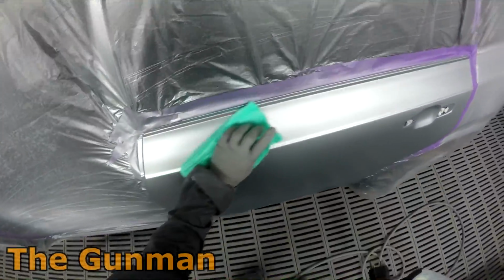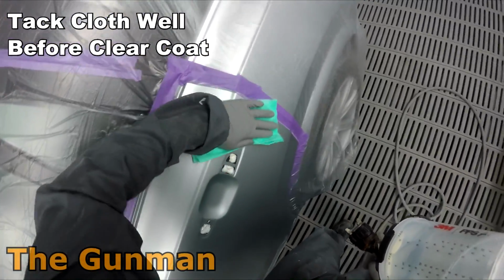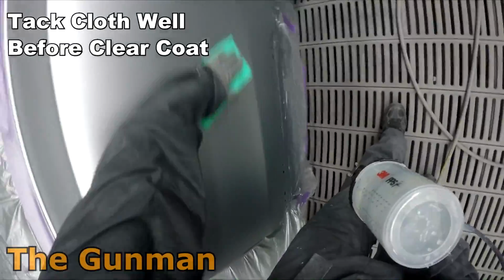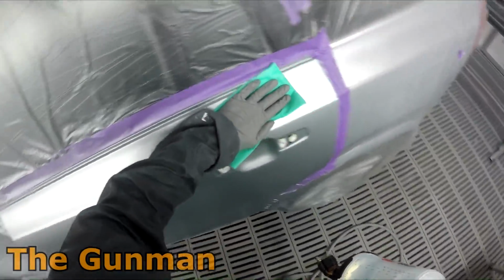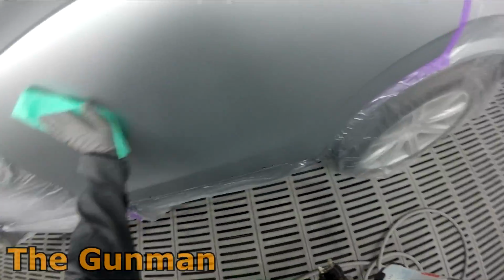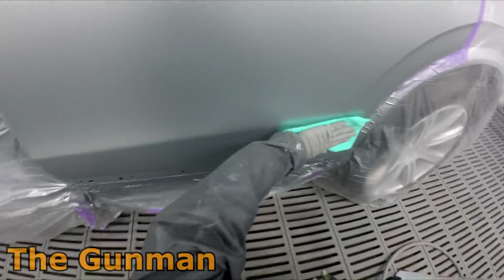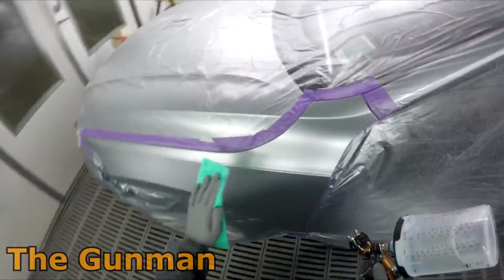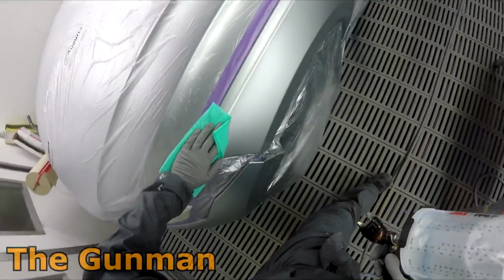So even when it comes to clear coat, you might say, oh well, Gunny used his clear and he didn't put any thinners or reducer in it. Like this clear that I'm using now, there's no reducer in it. It's called Standox Standard Clear, but then the next clear, you might need 10% reducer in it, or you might need 3 or 5% reducer in it on a hot day, but then you might need closer to 10% on a colder day. So as I say, there is lots of variables, and that's where the experience comes into play